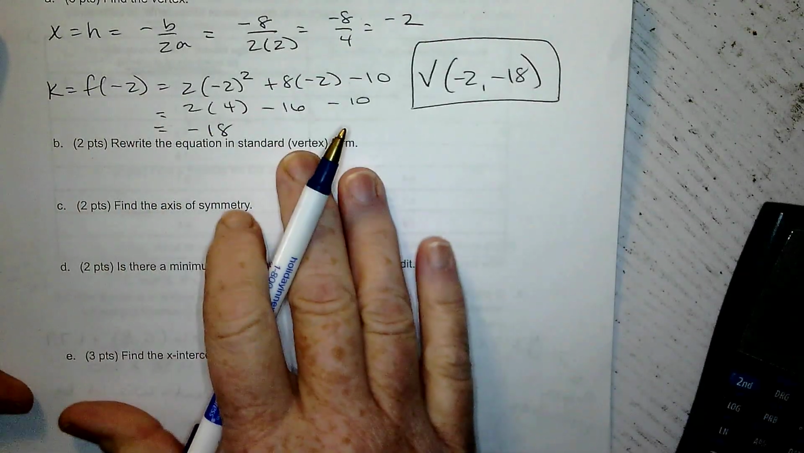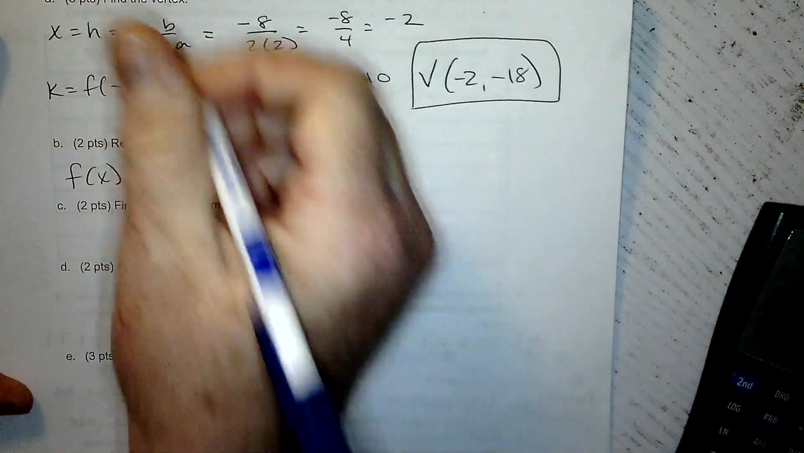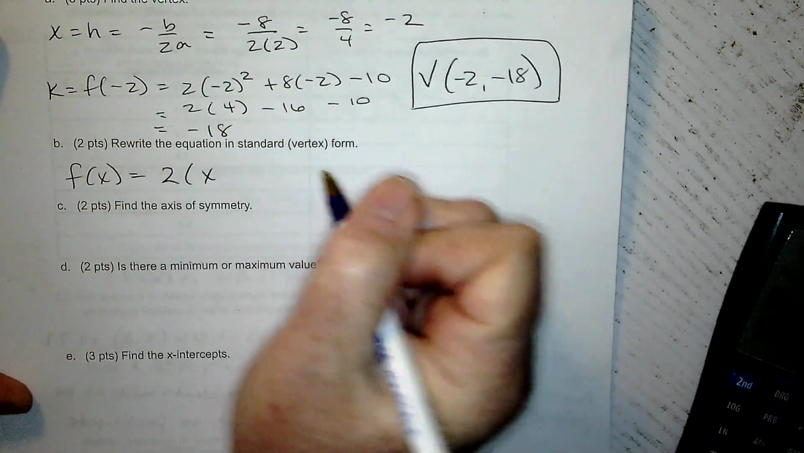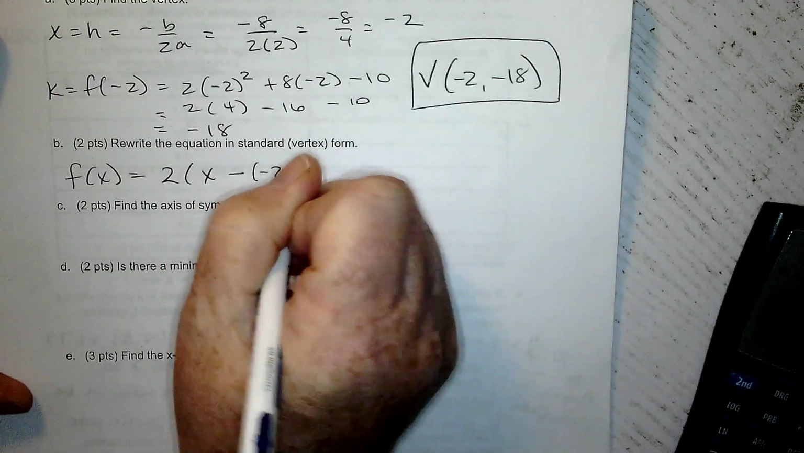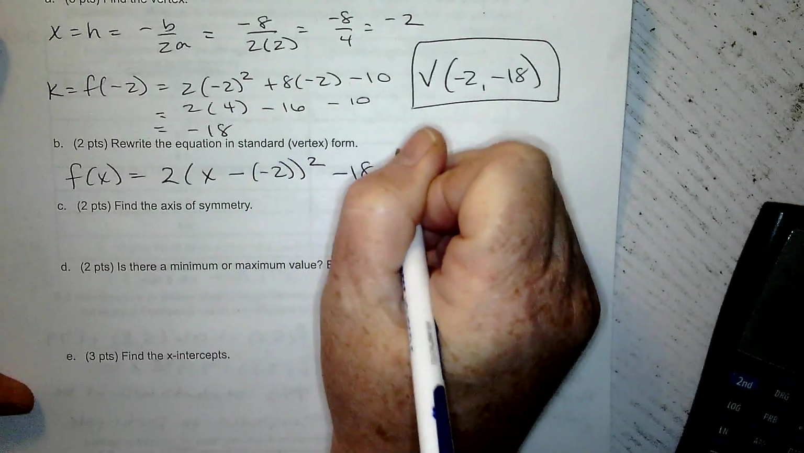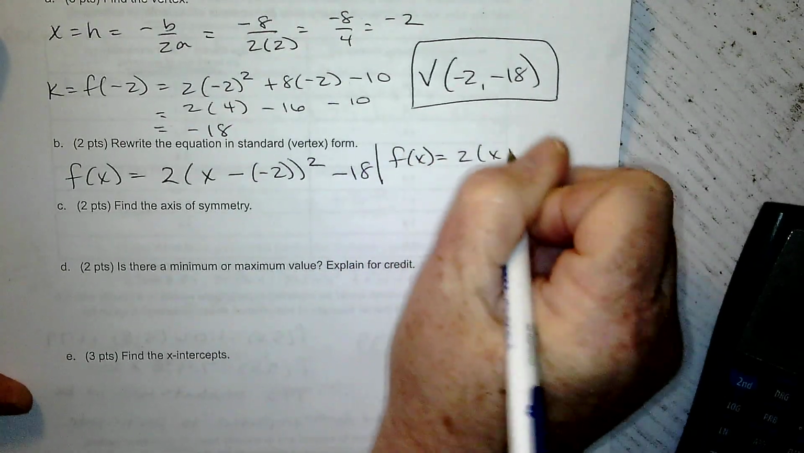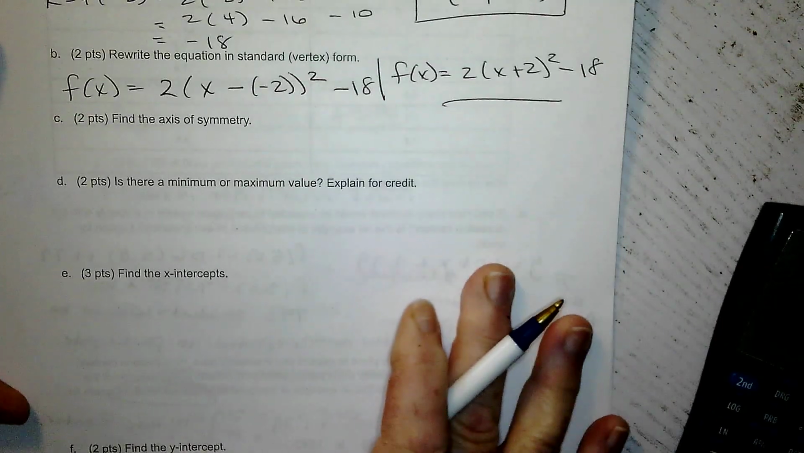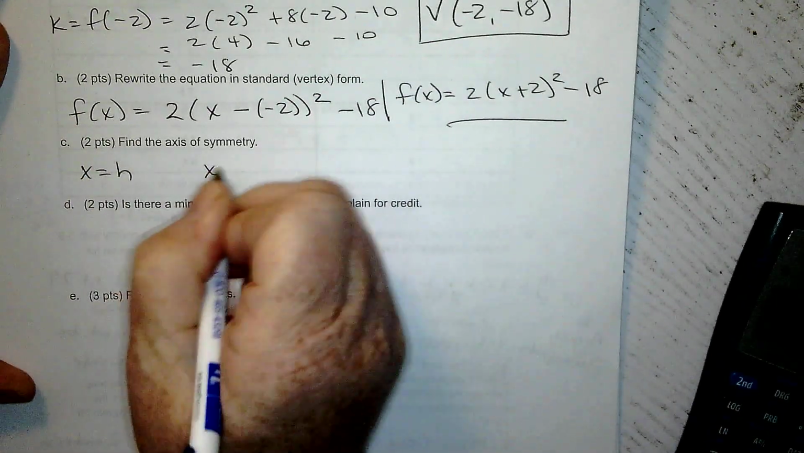Rewrite the equation in standard vertex form. I didn't leave you a lot of space for this because I didn't think you'd need it. A is always the A of the general form. X minus h, your h is negative 2, squared minus 18. So this is going to be f of x equals 2(x plus 2) squared minus 18. All right, find the axis of symmetry, which is x equals h, and our h is